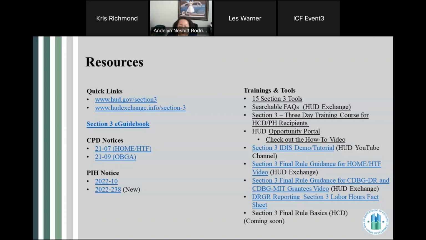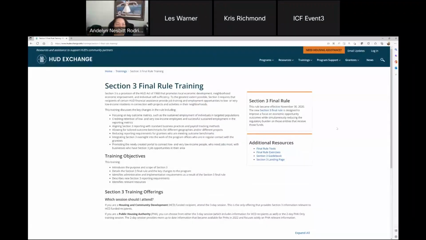But I want to share my screen quickly and show you the Section 3 page on the HUD Exchange. I'm not sure if you can see my screen.